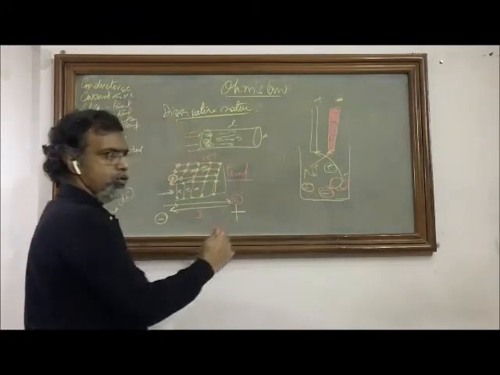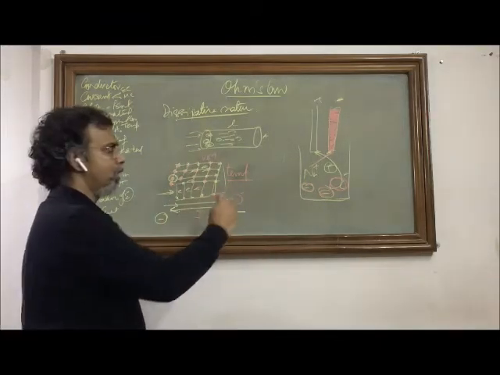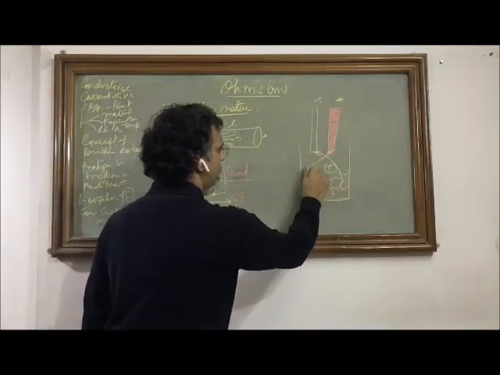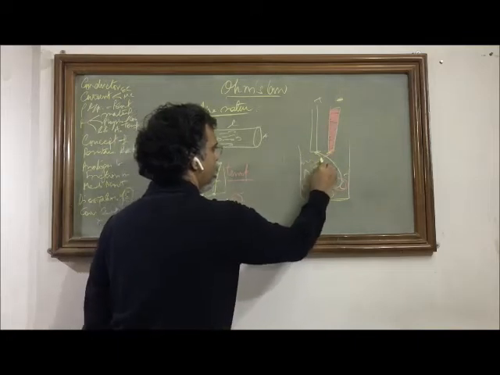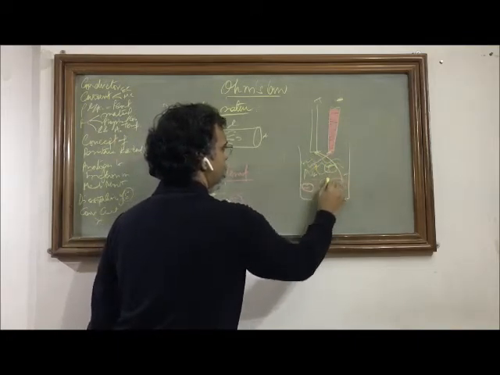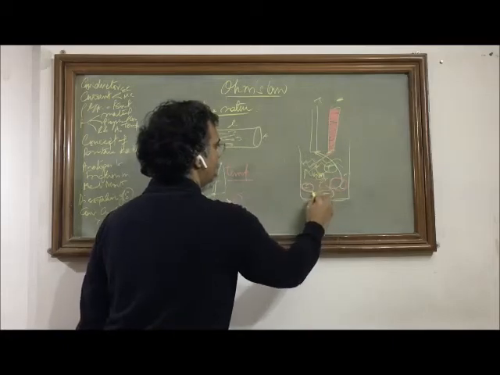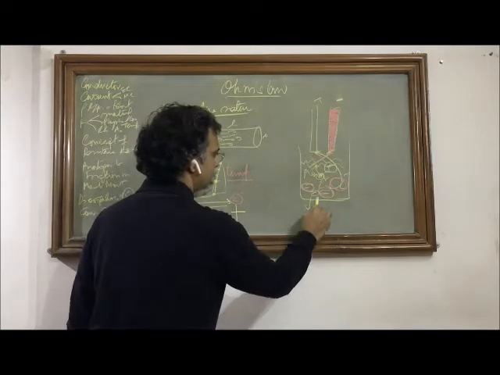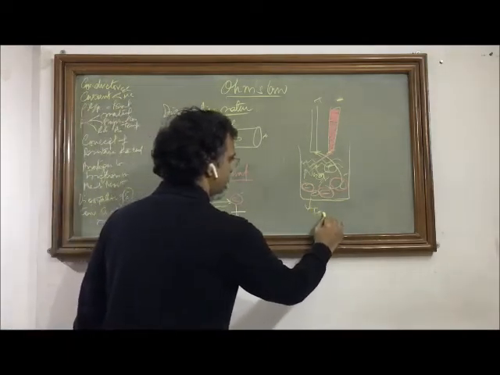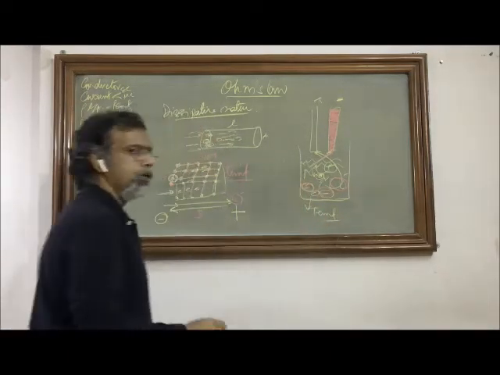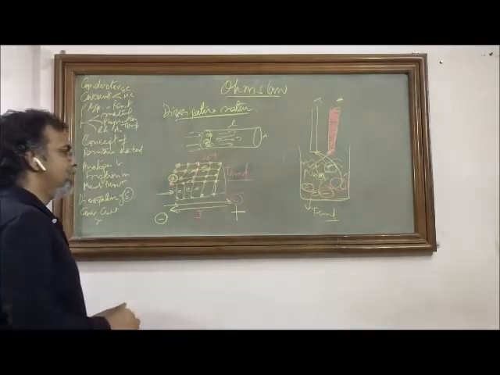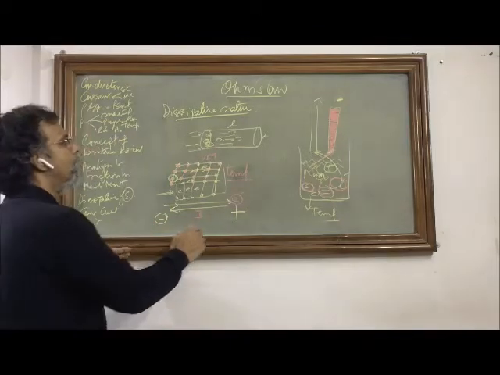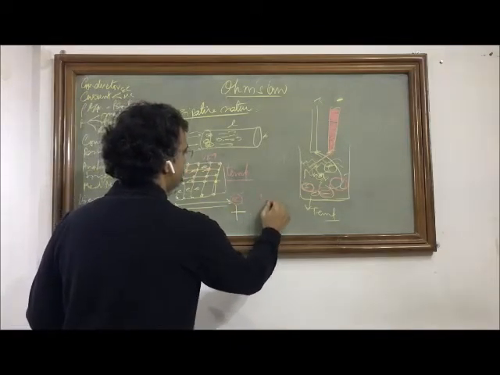Same in this case: some part of the energy will be given forward to anions, to anions, or cations, to cations, until they reach their poles. However, some part of the energy will be given to the atoms or molecules that are not constituting any current but still have a lot of random motion. These atoms or molecules absorb this energy and increase their random motions, which constitutes the rise in temperature of this electrolyte. So in both cases, we can see that some part of the energy is wasted, and this is the basic concept of resistance.